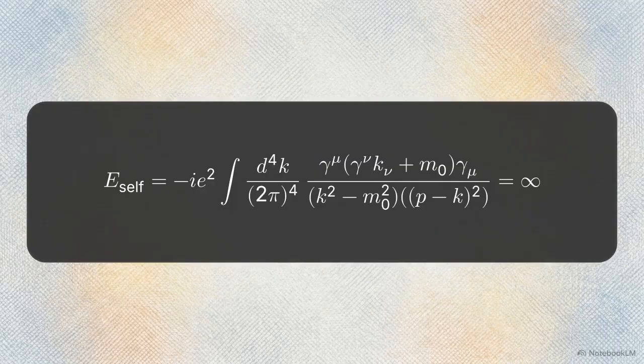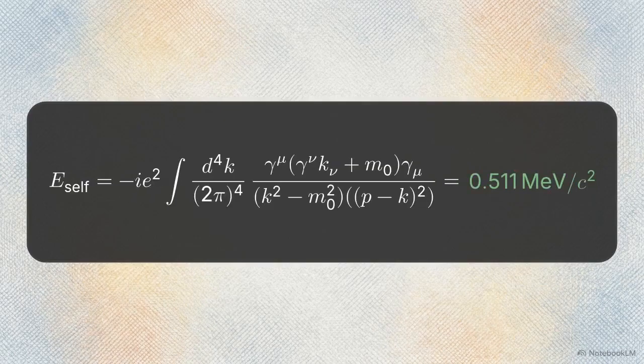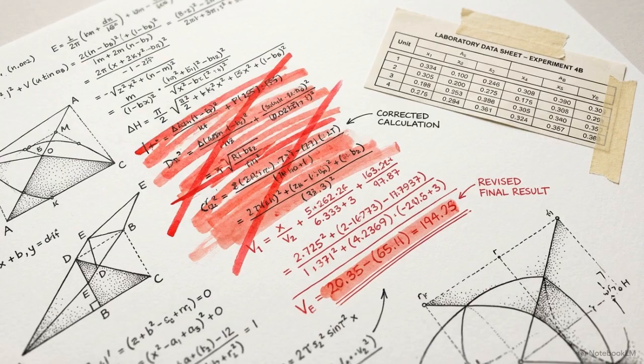Physicists resolve this through renormalization, a mathematical workaround where these infinities are manually subtracted from the equations. This procedure allows the math to align with experimental reality, despite the structural failure at the core of the model.